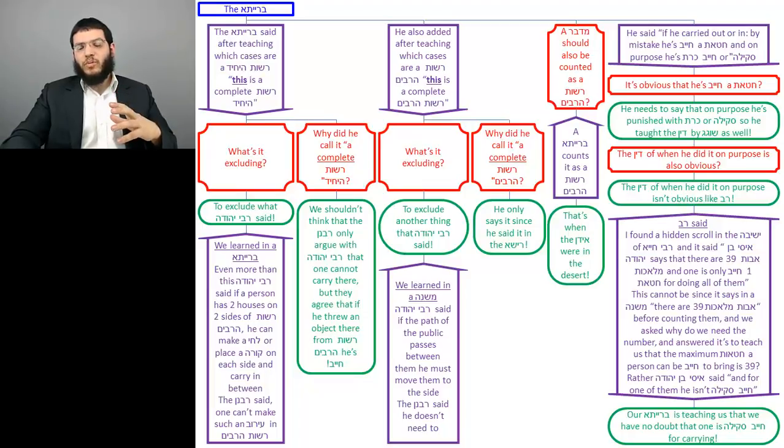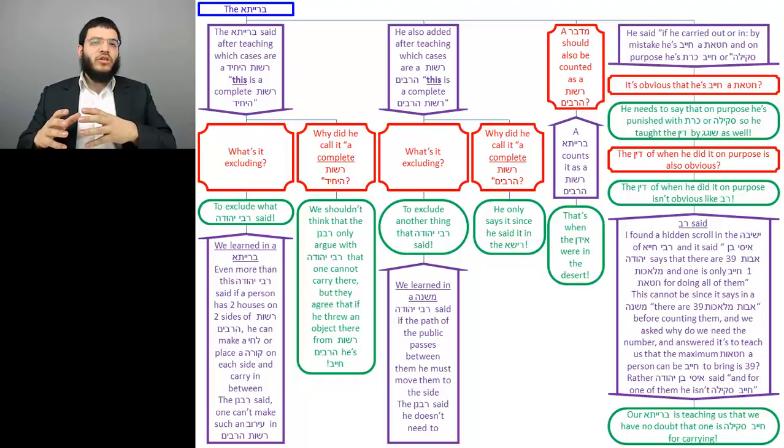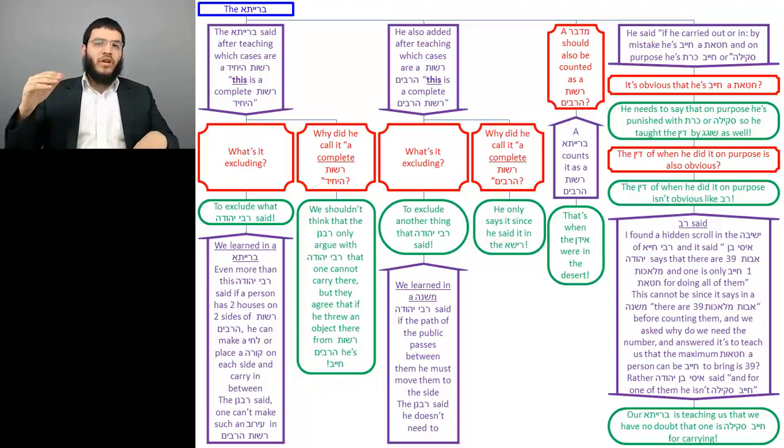Now we'll move on to the Tosfos part of this Gemara. So the first Tosfos is on the Gemara's answer, why it says Zui Rosh Hashanah, this is the Rosh Hashanah. What's it excluding? And we said it's excluding the teaching of Rabbi Yehuda that's mentioned in a Brisa. And we quoted the second half of the Brisa, beginning with the words Yeser al Kain Amar Rabbi Yehuda. Rabbi Yehuda said even more in the second half of the Brisa than what he says in the first half of the Brisa.